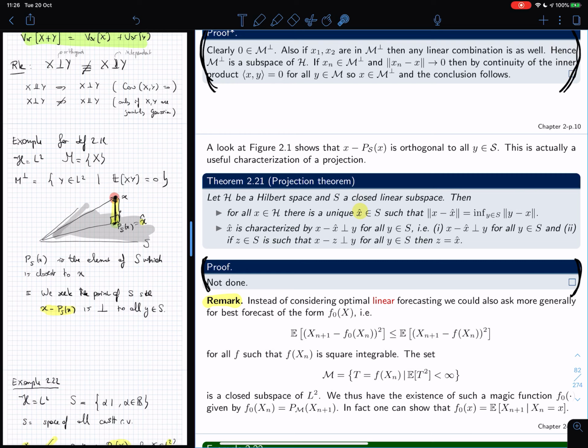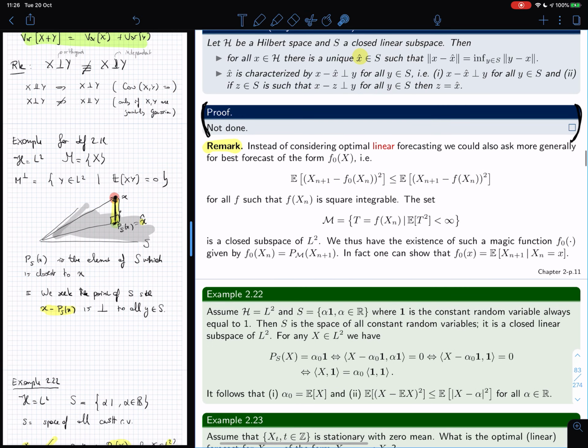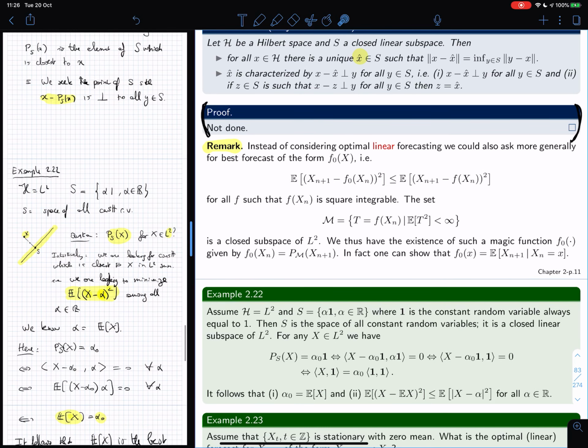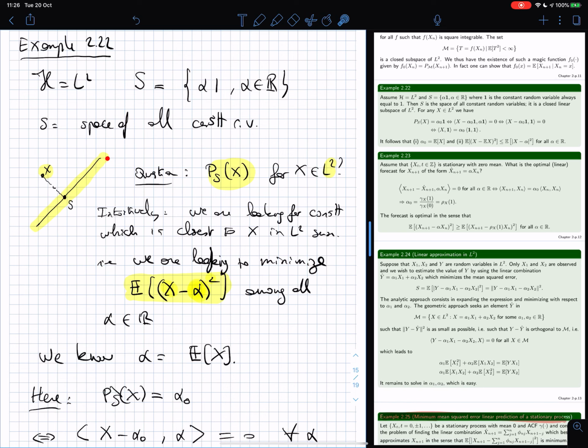And that might feel a bit abstract, but it's actually very, very efficient. It's a very efficient way of determining certain quantities of importance. For example, example 22, it's something that we already know. If we have a random variable x, and the set of all constants, we could be looking for the constant which is closest to x in L2. What is the constant which is closest to x in L2? It's the minimizer of this expression here. And that we already know by classical statistics, that the closest constant to a random variable in L2 is just